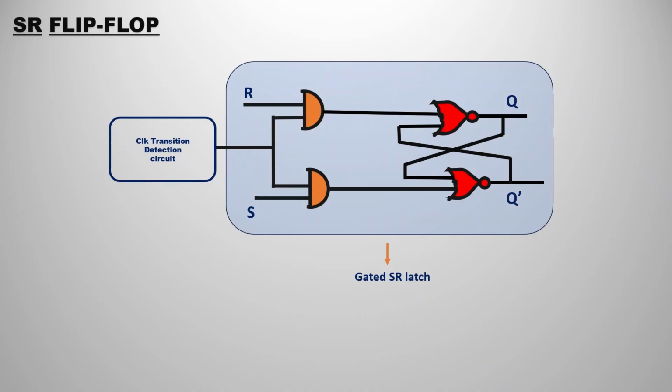In between I have mentioned that we can build the SR flip-flop with the help of the gated latch. It is quite interesting, right? We are going to build that right now. We already know the gated SR latch. If we attach a small transition detection circuit, we can do our job, that is the SR flip-flop. So let's see how to build the circuit, that is a box inside the box, the clock transition detection circuit. Now we are going to build the detection circuits, the rising edge and falling edge detection circuits.